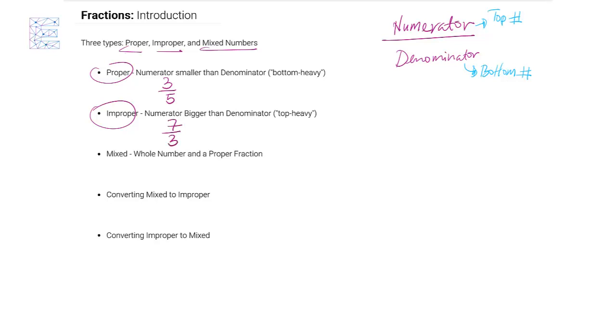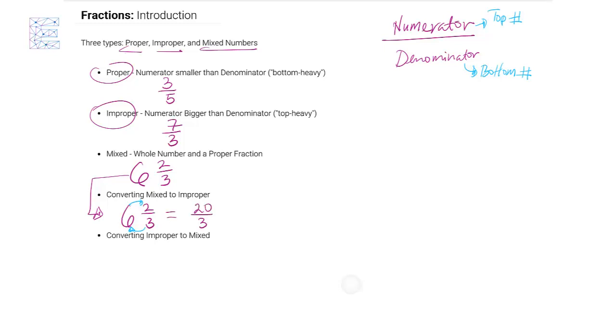Mixed numbers or mixed fractions have a whole number component, for example, 6, and a proper fraction attached to them, for example, 2/3. You can convert between the forms, between mixed numbers and improper, and vice versa. So let's actually use this mixed fraction from here and practice how to convert a mixed number to an improper fraction. I'm just going to copy it down, 6 2/3. It's quite simple. You simply multiply these 2 digits, and whatever their product is, you add it to the top number here, the numerator. So 3 times 6 is 18. 18 plus 2 is